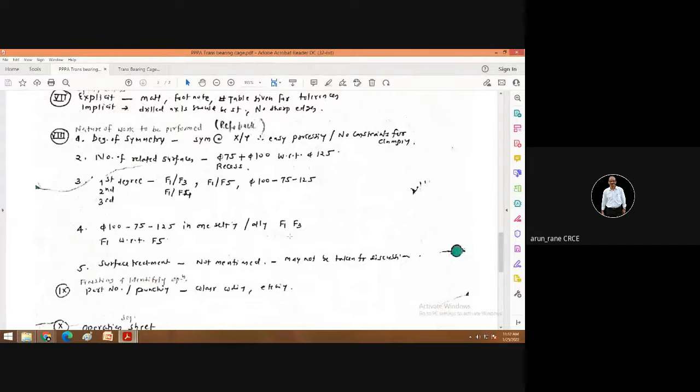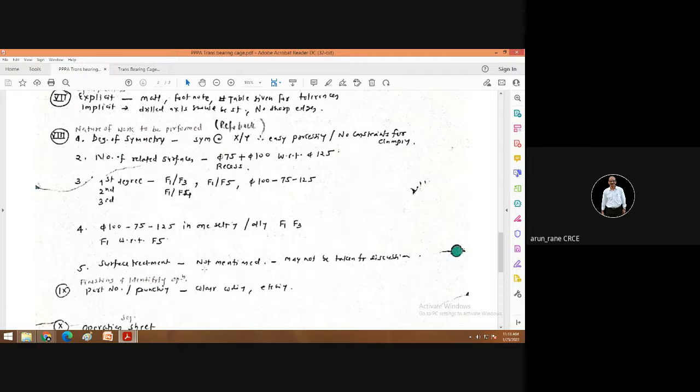And F1 and F5 we can't help, you cannot do it in one setting. So there you still need to write that even though F1 and F5 are first degree, you cannot do them in one setting, but due consideration or extra attention has to be given while machining F5.